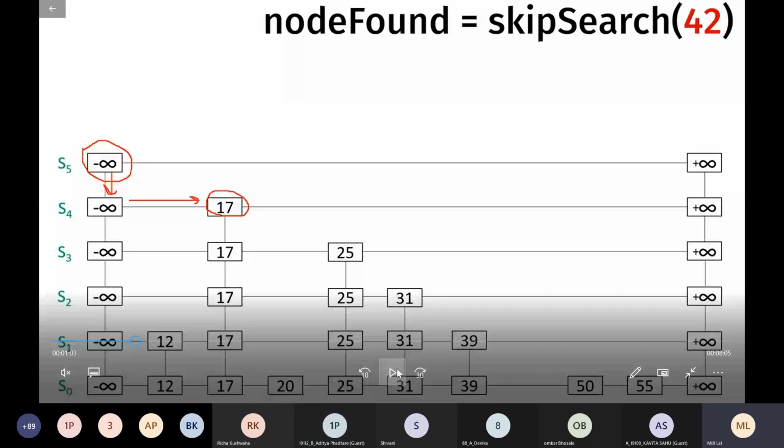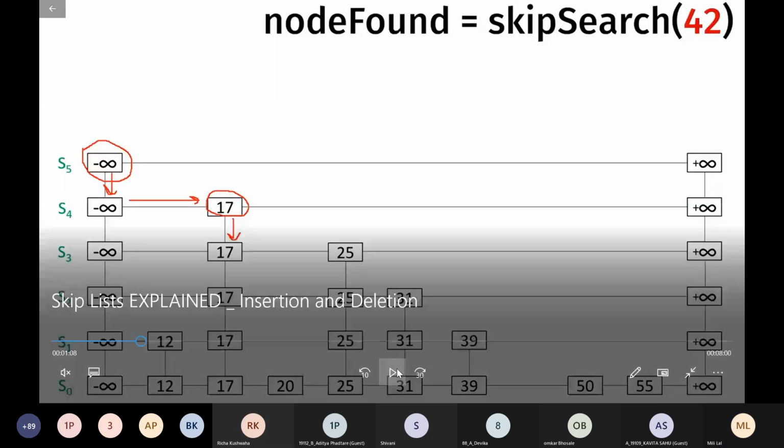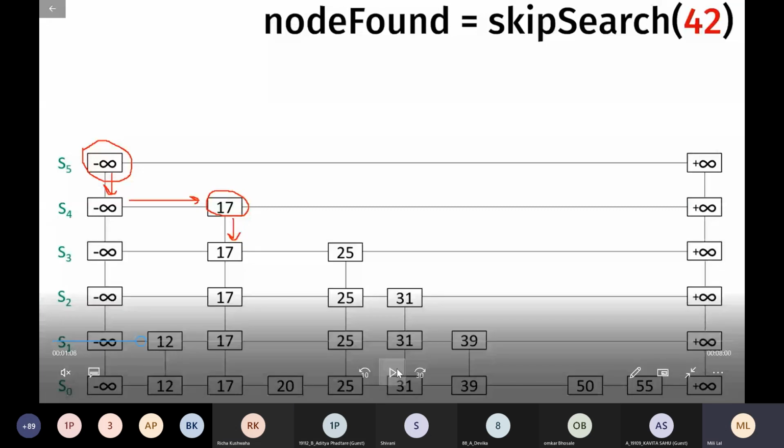So what you have to do is come one level down. Can you see that? We are going to come one level down. Clear? Can you see the screen now? Yes, ma'am. Did you understand why we came down? First you have to check whether the searching element is greater than or less than the current element.